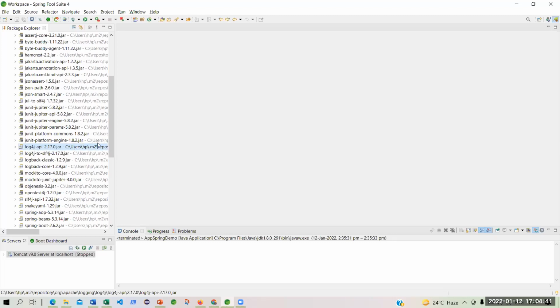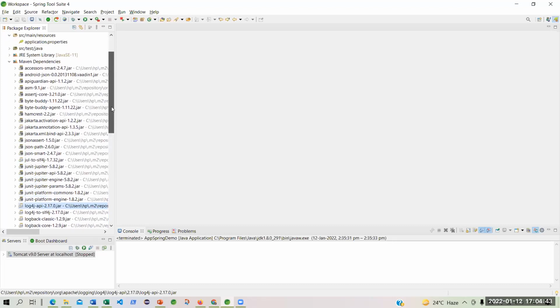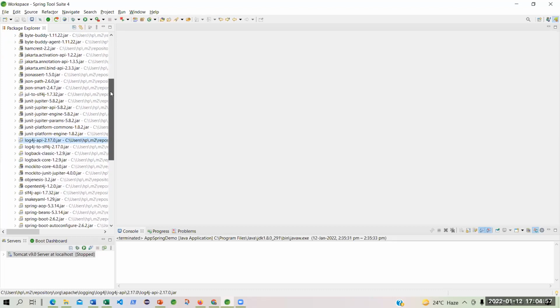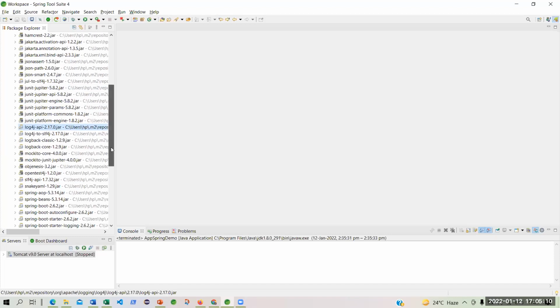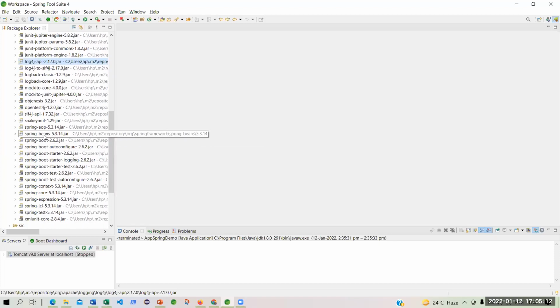log4j. Now see, I am not using a log file. Doesn't mean that my Spring Boot is not ready with the feature. It has, that is why all these dependencies it has injected. It is ready with these dependencies. If you want to use that, please use it. You do not need to, because it has already imported these jars. These are the third party libraries. It has included that. Even if you see, it has given so many dependencies of